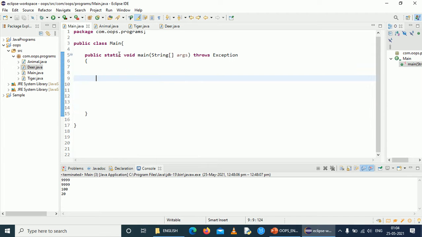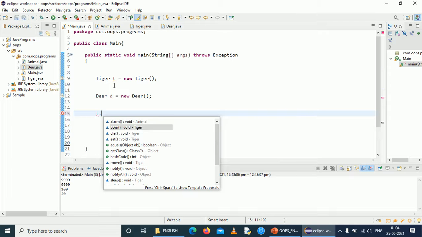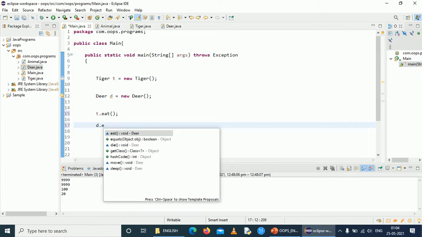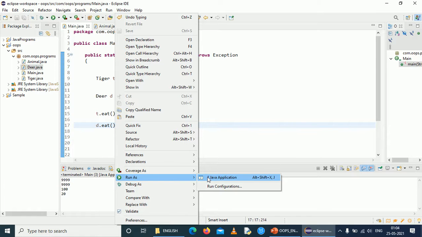We will run this code. We'll call t.eat and d.eat. Both classes will have different outputs.